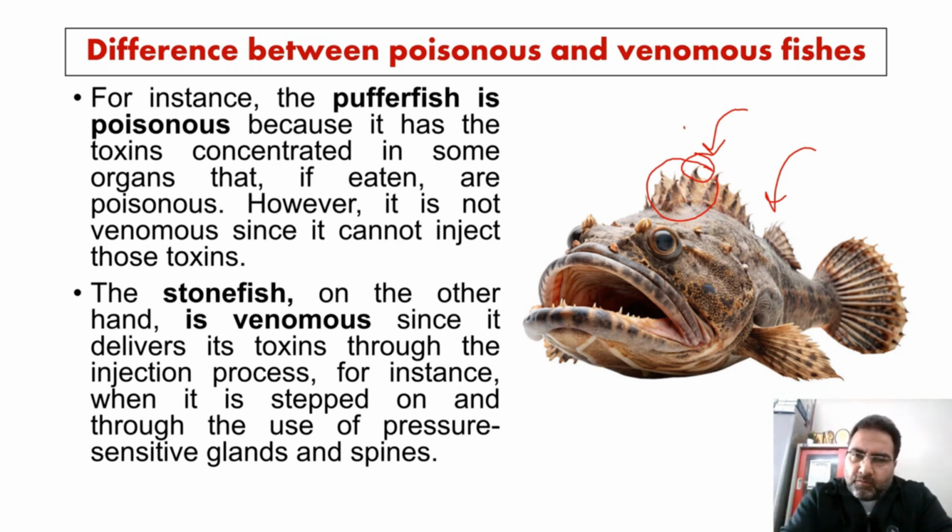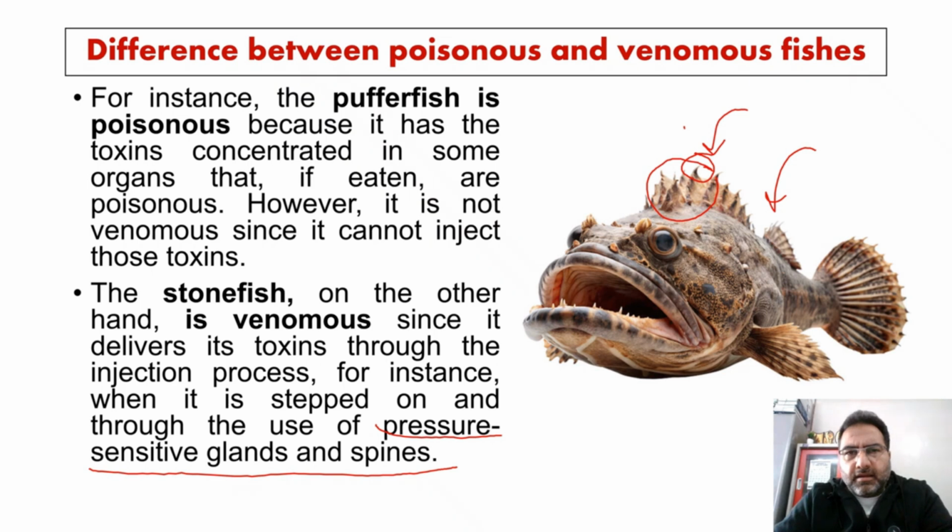And by what kind of mechanism? There are certain pressure sensitive glands and spines which help to transfer the toxins into the body of the other organism. This very venomous fish